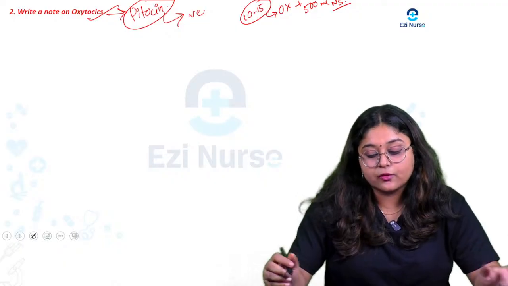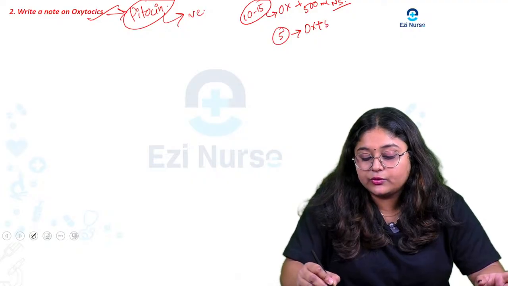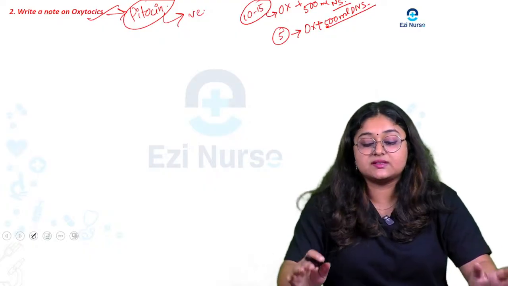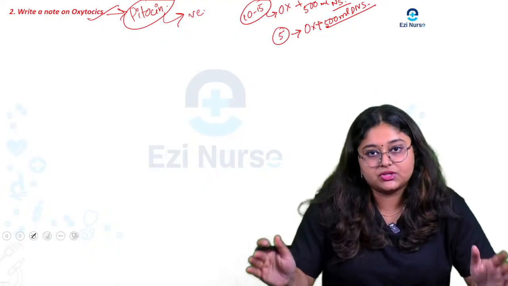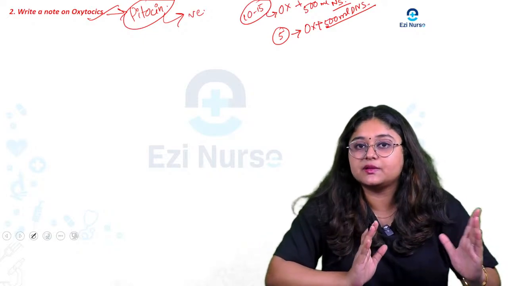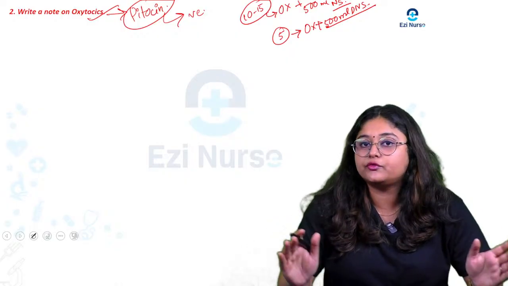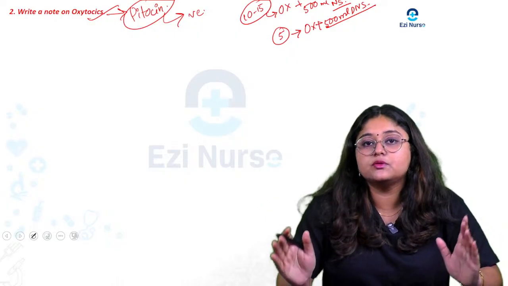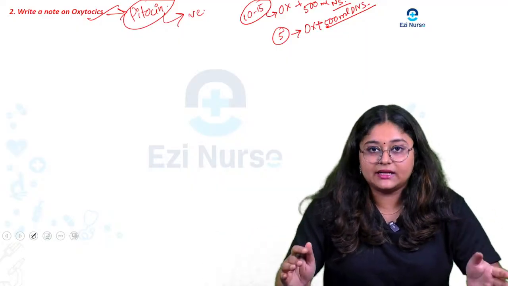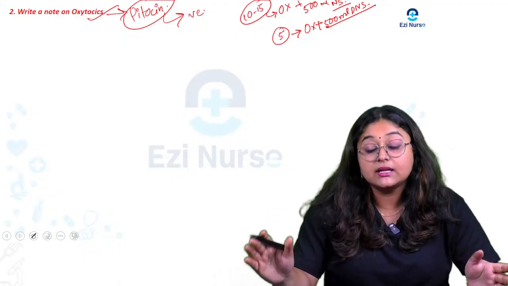Now come to the multigravida. For that, only 5 units of oxytocin along with 500 ml DNS or normal saline. Okay, so this is the main equation. You have to keep it in mind, whatever the situation, you have to make sure whether it is a primigravida or a multigravida. If it is primigravida, 10 to 15 units or ampules of oxytocin with 500 ml DNS or NS, and for the multigravida 5 units or 5 ampules of pitocin or oxytocin along with